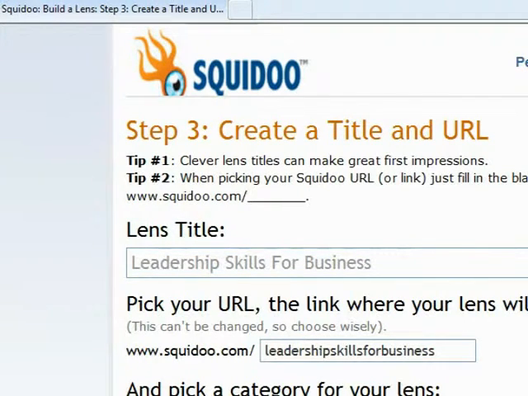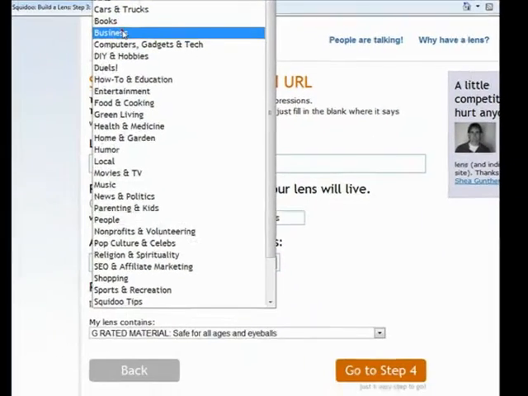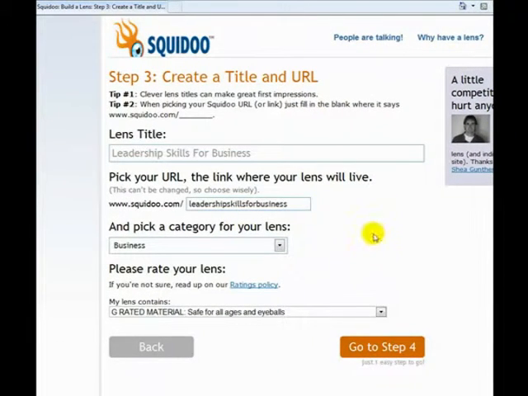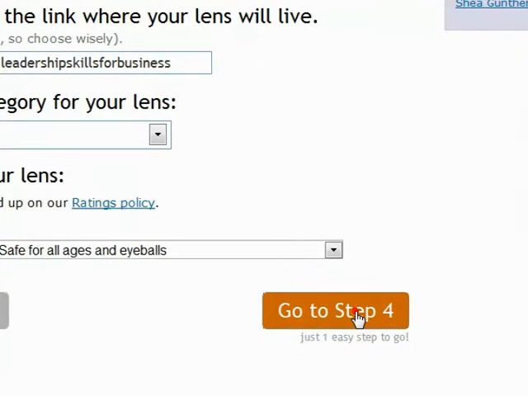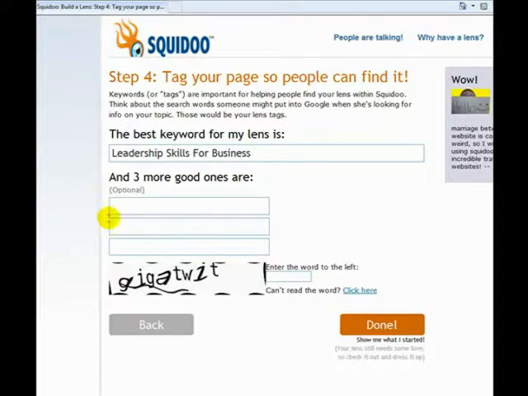Now we have our domain keywords, leadership skills for business, all run together. Go ahead and pick a topic. Obviously this will be business. There's a lot of topics to choose from. And then of course a rating. Let's go to step 4. Page 4 is where we're going to add a couple more keywords that we want to use. So we will add